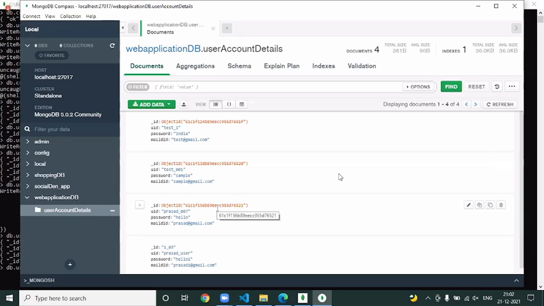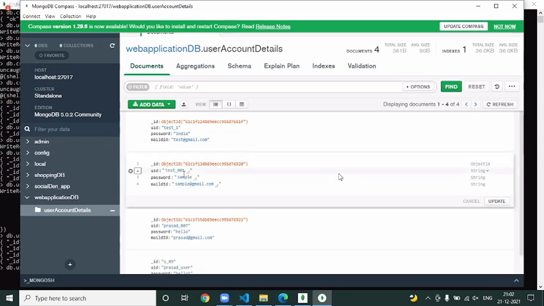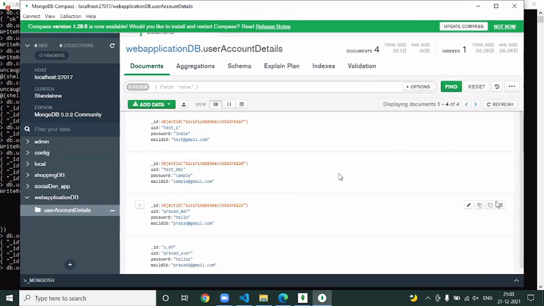Am I clear? Yes, sir. The advantage you have over here is, if you want to do some editing, like someone was asking, there is even a command to edit. But here I would like to go with the edit option. You simply hover on the record, you will get the edit option. Once you click on this, it becomes editable. Now I say test instead of 01, I will make it 02. And you click on update. That is done. You don't need to write any commands for this. Directly things will be done on the MongoDB Compass.